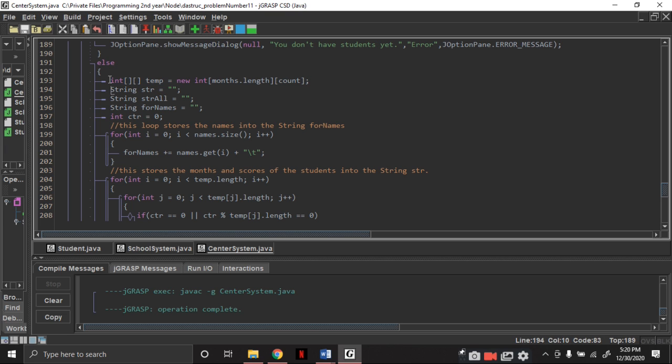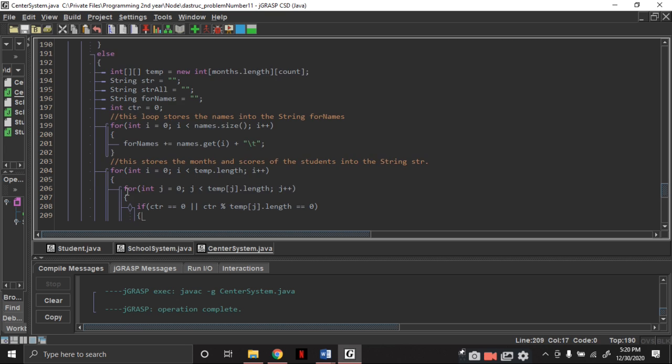Actually, this int temp doesn't have any use logically, but I declared it there because that is the size I used in my code, so please bear with it. So here is the string for names. This is the storage of the names that I will get.